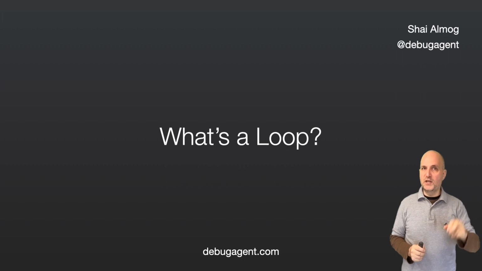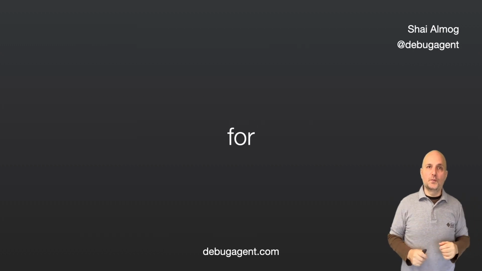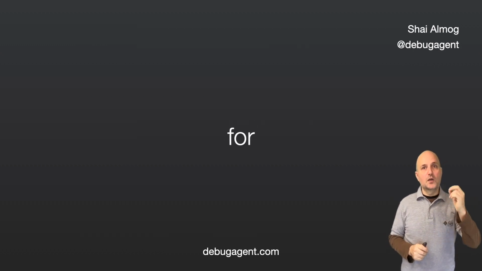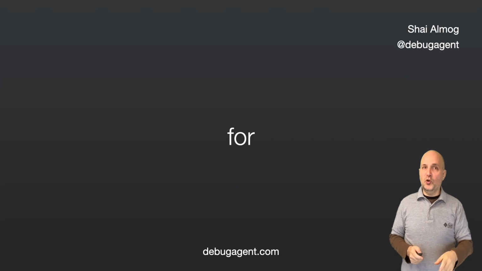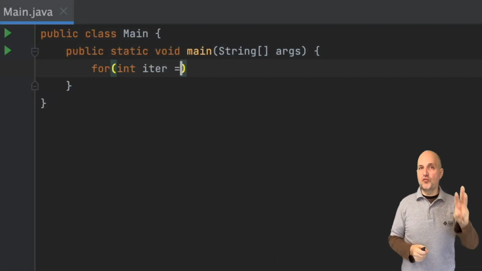Java has two major loop types with 4 total variants. We will start with the most common one, the for loop. It has 2 variants, which we will cover today. We will start with the basic version. The basic for statement has 3 parts. They are separated by a semicolon.